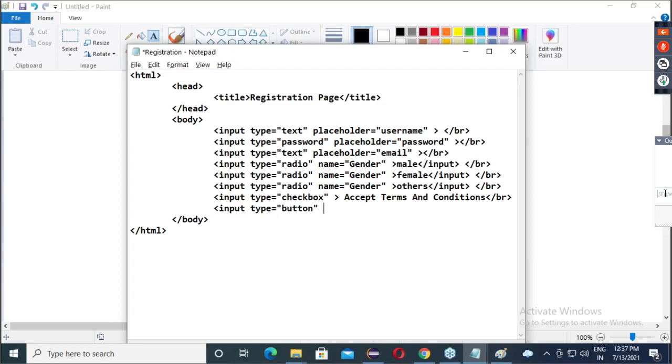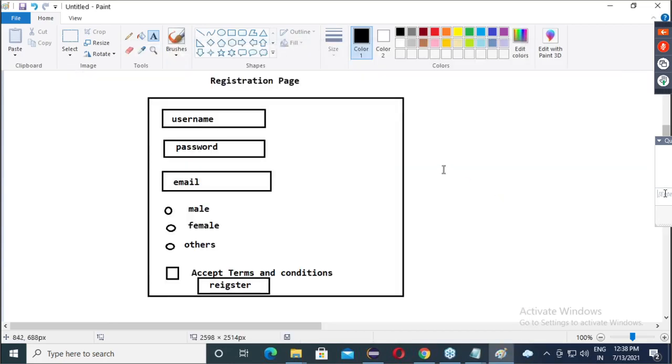Button, and value. What is the value of a button? Always remember, whatever the button you are able to see now, sign up, login, submit, register, internally it is a value. Okay. So value equals to register. Problem solved.